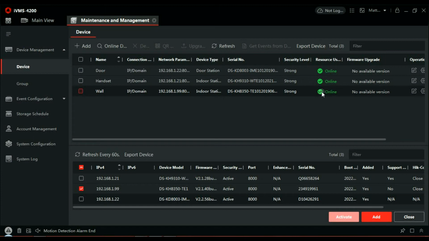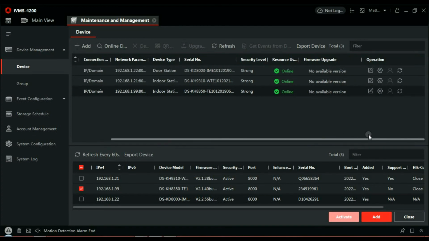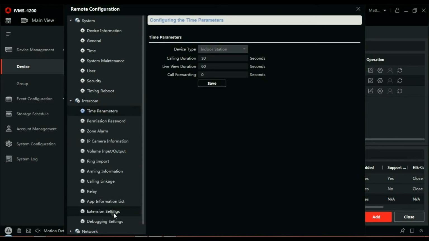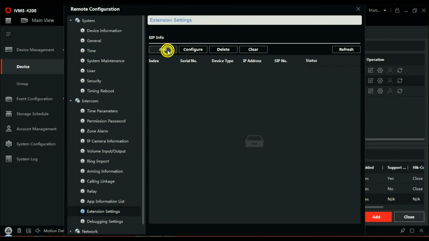So now that's added, what we have to do is go to the original handset, the first handset we originally enrolled, and basically that calls the second handset. Think of it that way. So the first handset, we'll call that the master, for example. The master handset tells the secondary handsets to receive the call as well. So what we have to do is go to our first handset that we enrolled, go to configuration, and then from there we're going to go to the intercom tab. We're going to go to extension settings, add a device,